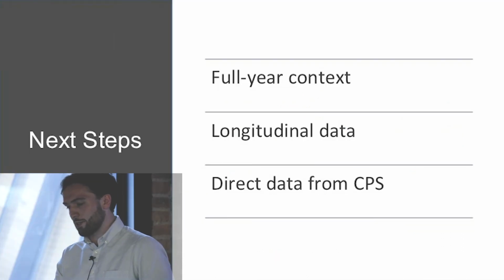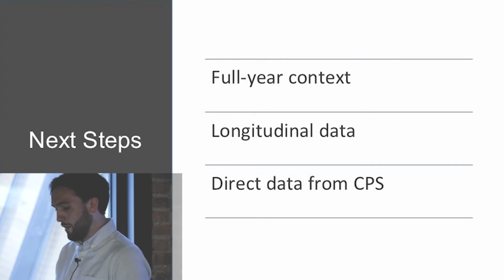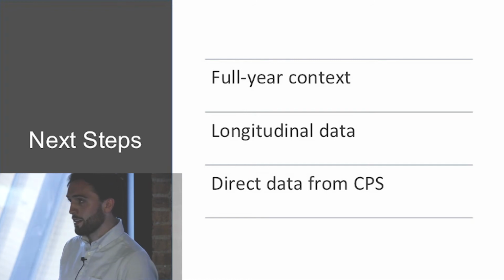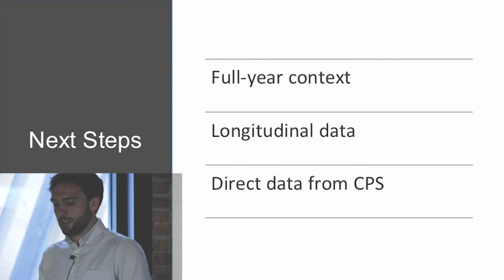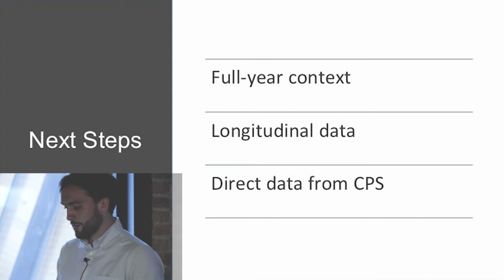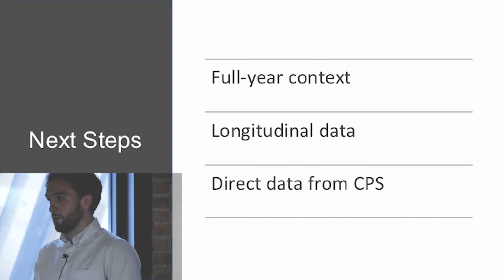So keep in mind, this is only half a year's data. Chicago Public Schools school year ends tomorrow, and with a full year context, I think I'll be able to have more valid results and stronger correlations, and also be able to go back into prior year data to pull out the pieces that might add greater validity from prior years. Finally, like I said, a lot of our data have a manual component. However, next year we're going to have a data sharing agreement with Chicago Public Schools that should really clean up our database.